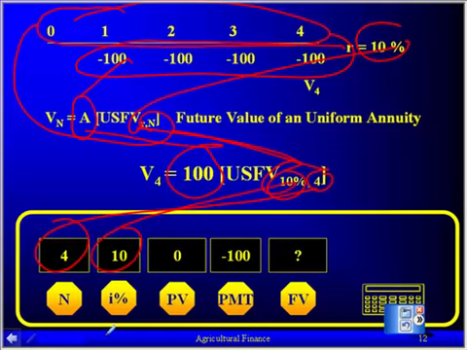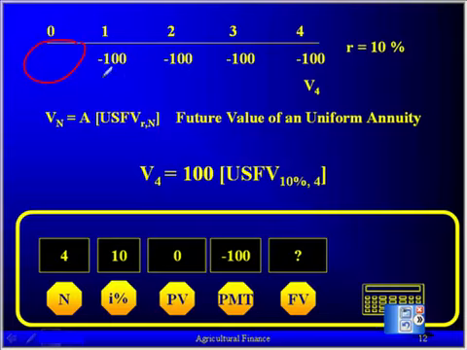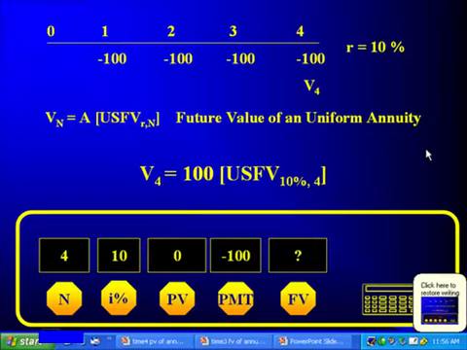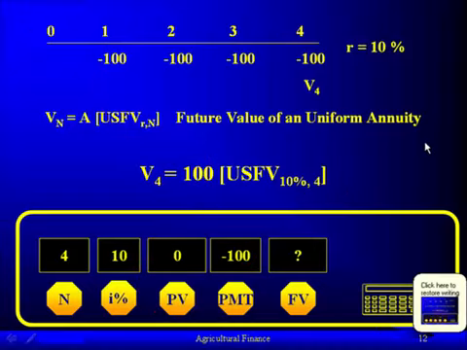Notice in this case, do we have a present value? The answer is no, so we have to zero out present value on our calculators, and that's important, and I stress that because if you don't, there's memory in your calculator and you're not going to get the right answer. You've got to zero it out in this case. And your payment we've already determined was 100, and so we calculate the future value, and there shouldn't be any surprise that the answer is